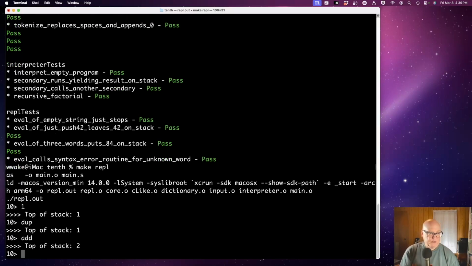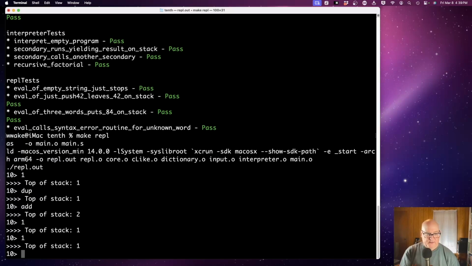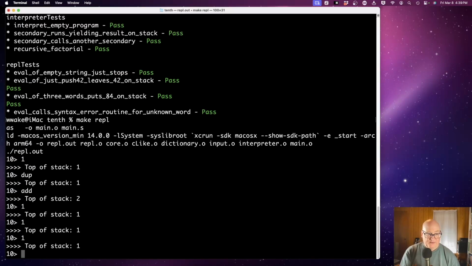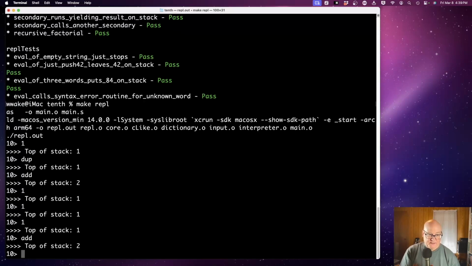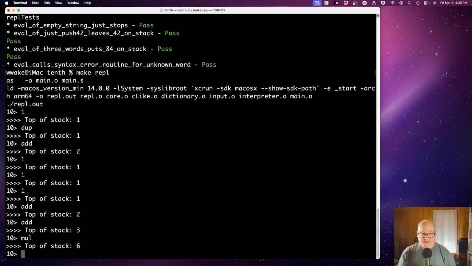Now, if I push 1, 1, 1, all right, so I have 2 1 1 1. I'm going to do add. All right, so I have a 3 on top of the stack followed by a 2, and multiply should give me 6. All right. I know in some ways it doesn't seem like much, but